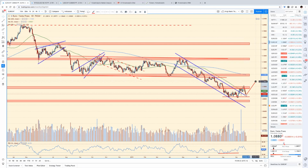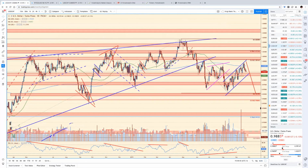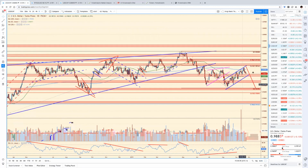If we rebound from here, all good and fine. If we retest the lows, it's very likely that they're not going to hold again, in which case we're moving lower. Now, as long as Euro-Swiss is moving lower, so as long as the Swissy remains quite strong, then you should expect the USD Swiss to move lower